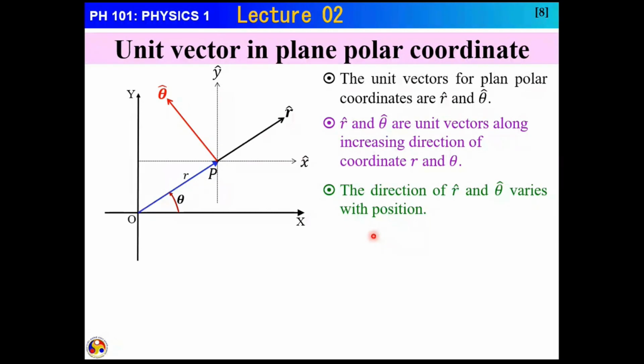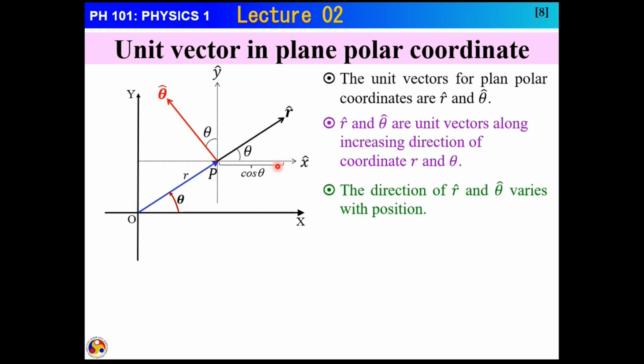We can write these unit vectors r cap and theta cap in terms of the unit vectors of the Cartesian coordinate system, x cap and y cap, using some simple geometry. Here I'm at point P, which is represented by r and theta. At this point, r cap is along this direction and theta cap is along this direction. So this angle will be theta from the simple geometry.